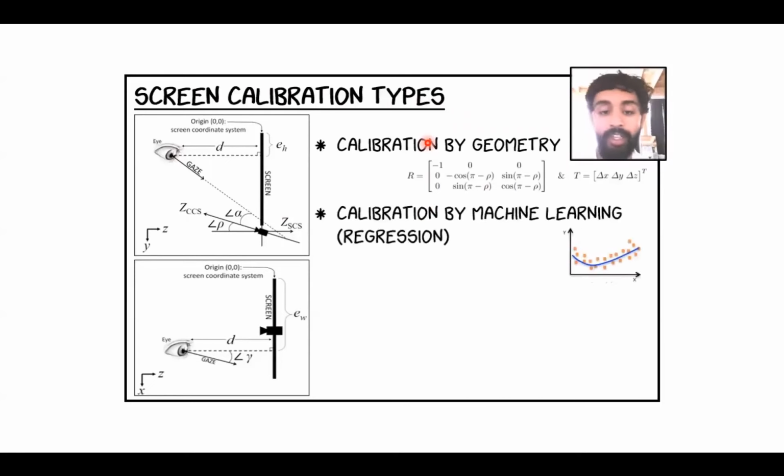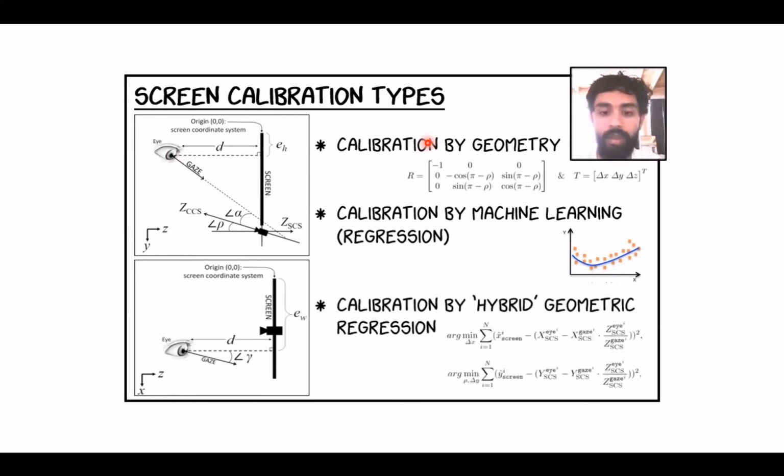We also try calibration by machine learning. In contrast, this method utilizes the least amount of prior knowledge about the scenario. In this method, we simply feed as input the eye location and the gaze vector angles to the machine learning regression model, and we get as output directly the 2D points on the screen. So this model is trying to directly map the gaze vectors and the 2D points without any further input about the properties of this input or output. This method has to learn these relationships completely on its own based on the data fed.